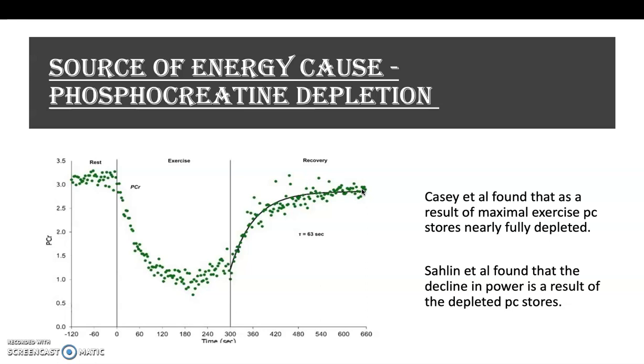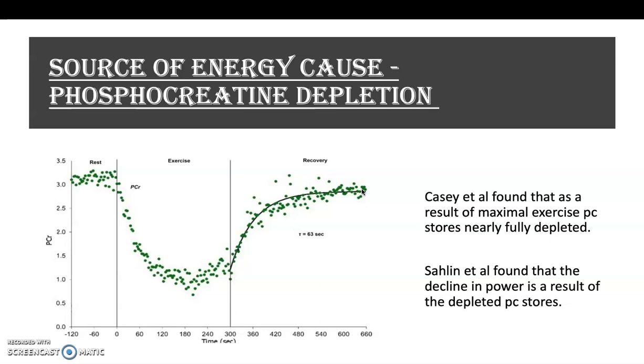We can see that at rest, the athlete's PC levels are around 3.2, and in the muscles, they therefore have enough energy to produce ATP, which then can initiate the muscular contraction. But as the athlete begins to endure the exercise, the levels of phosphocreatine start to deplete quite rapidly to around 0.7, where they are nearly depleted,